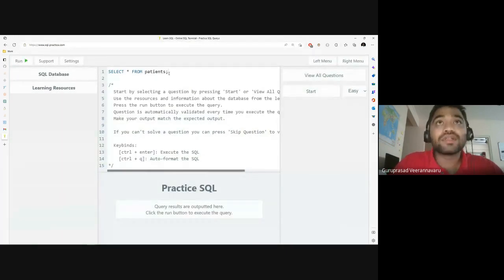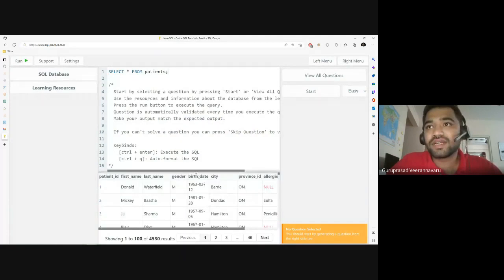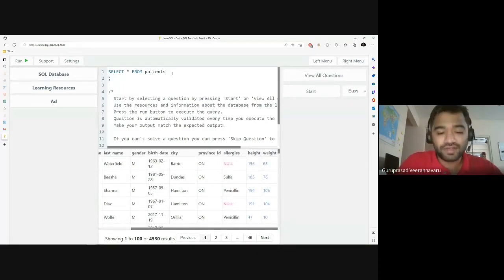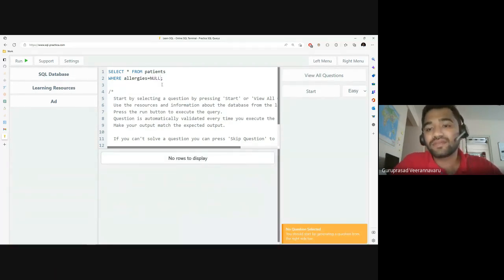Let's start from patients. You can see here the allergies column, where some allergies are null. Now if I do select star from patients where allergies is equal to null, you see it is not showing anything, because nothing equals null. Null is equal to null is also false. And even if I do where allergies is not equal to null, it also doesn't show anything. But if I do allergies is null,